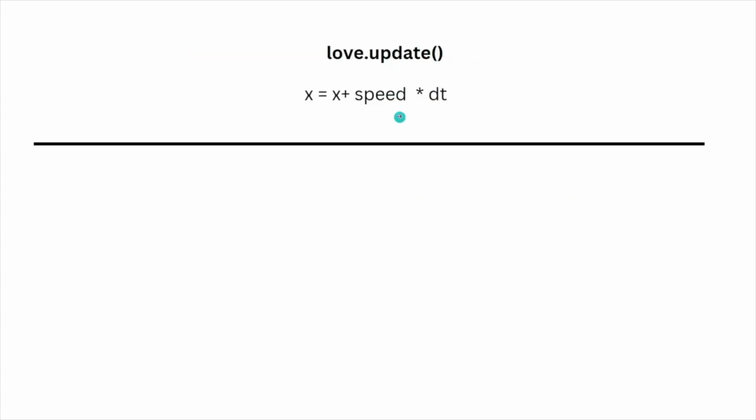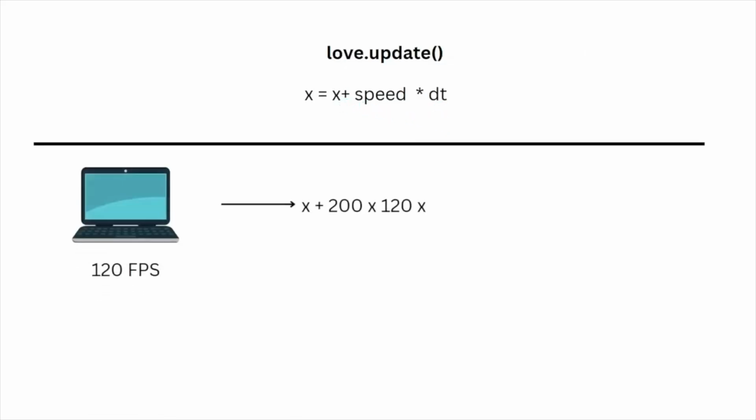Now if we multiply the speed value with delta time before adding it on to our x value, what will happen is, even if the game is running at 120 fps, it will balance out the number of frames or the speed that is being added onto our x value. So 120 and 120 will cancel out, since the value of delta time, as we discussed just before, is 1 by the total number of frames. 120 and 120 will cancel out, and the position of the x value will be just increased by